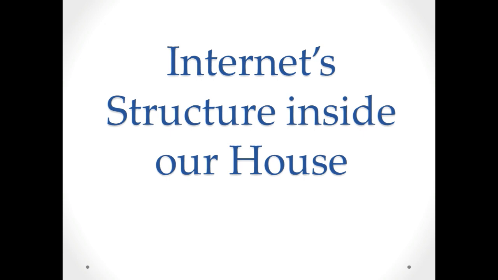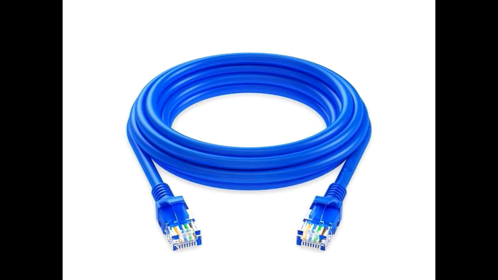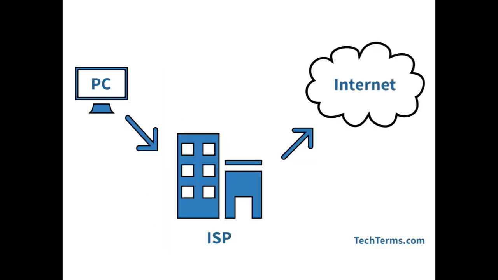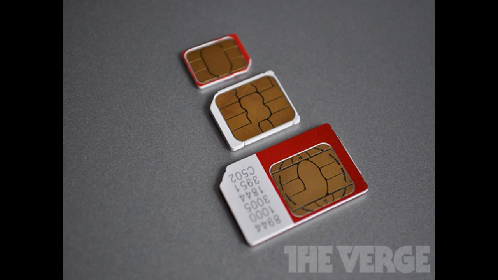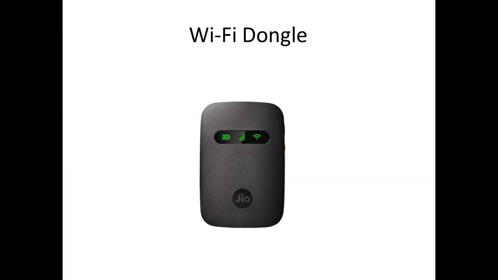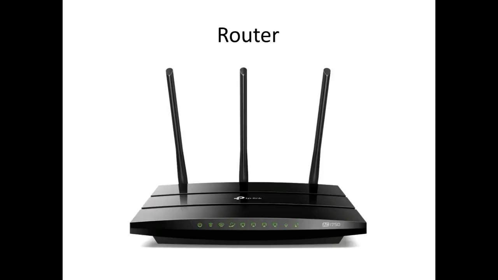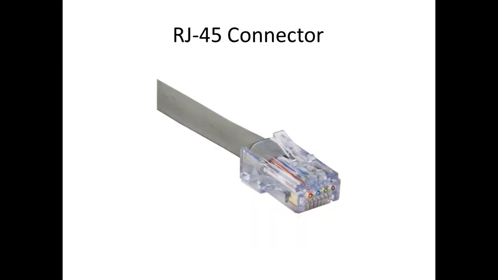The data that we send and receive through our wireless networks exits and enters our house through two means. One, the cable that is provided by your ISP or internet service provider, and two, the SIM card that is built into your phone or in the Wi-Fi dongle. Understanding which of these categories you belong to is very important. If you are operating from Wi-Fi that is generated by a router that is connected by a cable that has a connector that looks like this, then you are connected to your ISP via a cable connection.